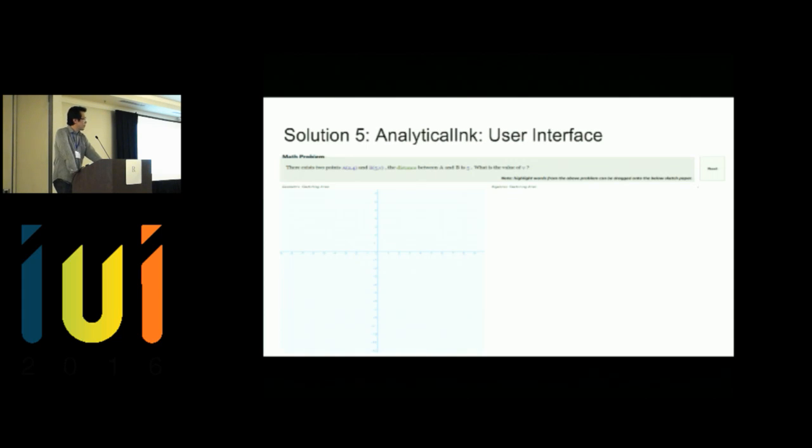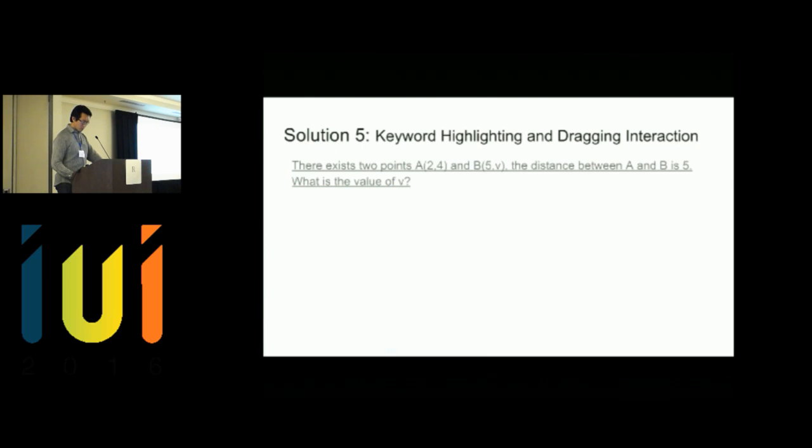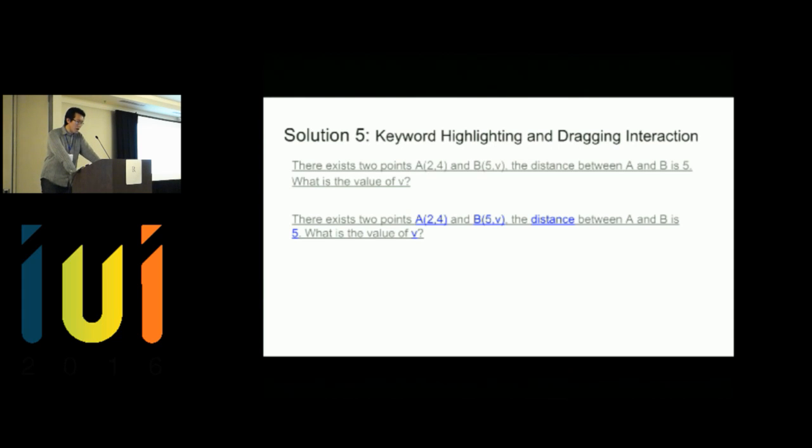Okay, so for the fifth question, currently this is our proof of concept, the user interface. On the top of the UI is the problem narrative region, and on the bottom side are the two working canvases, or we can say working tools, the working memories. The first interaction on the UI is that we try to let people quickly acquire certain knowledge before they do the problem solving. So we do some keyword highlighting based on the semantics that we annotated before.